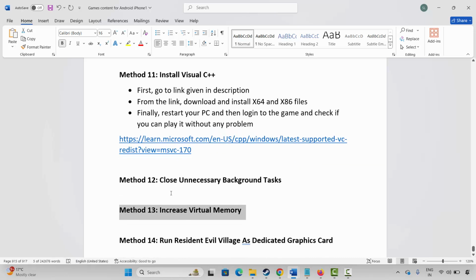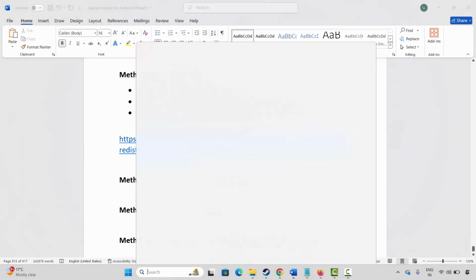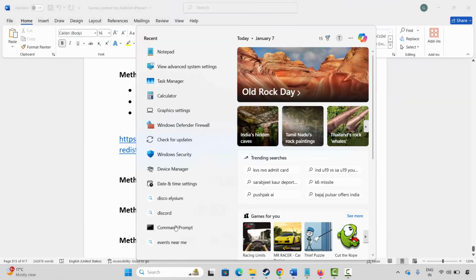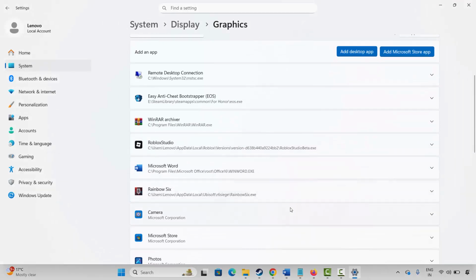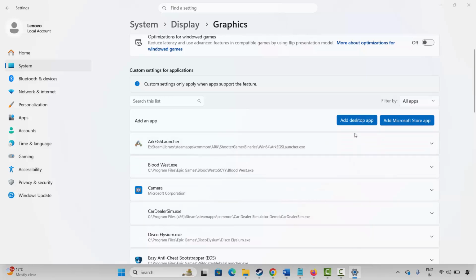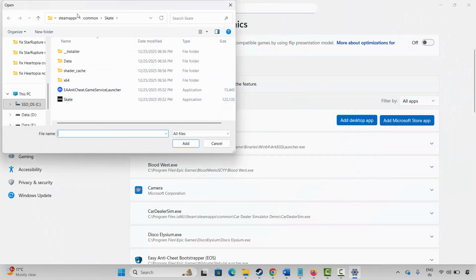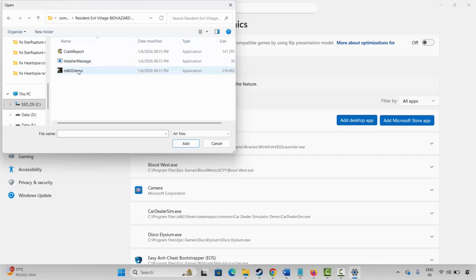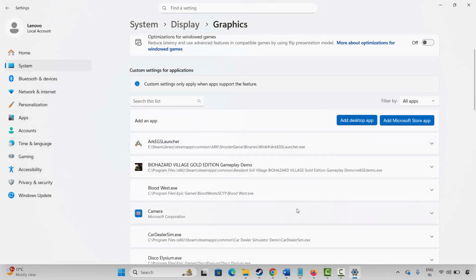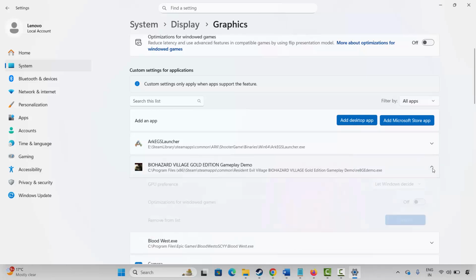If not, next is to run the game on the dedicated graphics card. For that, go to the Windows search. Now search for graphics settings. Now you have to add your game to the list over here. For that, click on Add a desktop app. After that, go to the game folder where your game has been installed. Select the game application. Once it is added, click on the arrow icon. Under GPU preference, select high performance, and after that try to launch the game and check if